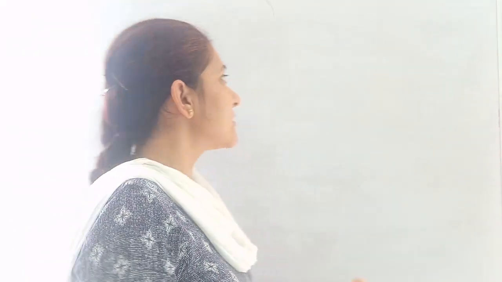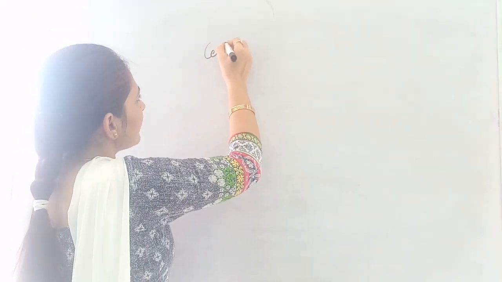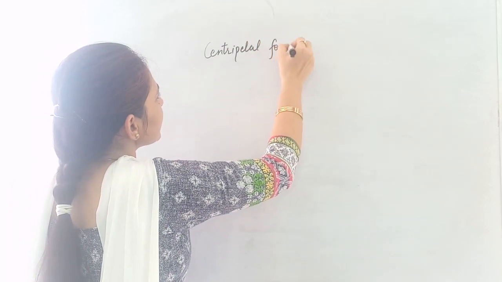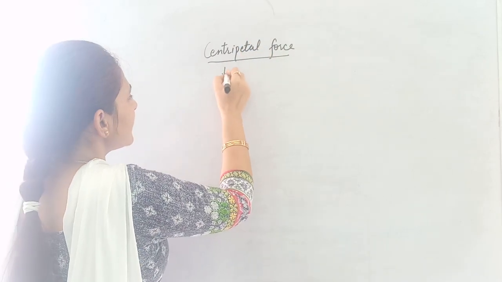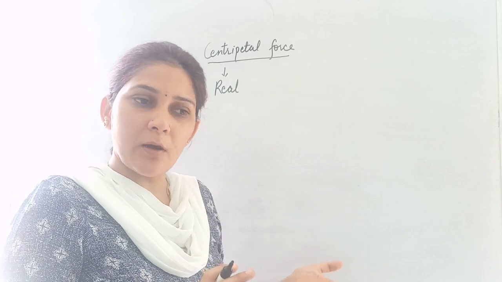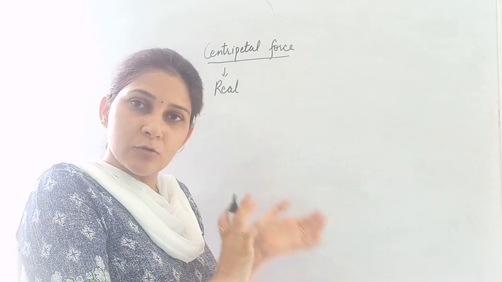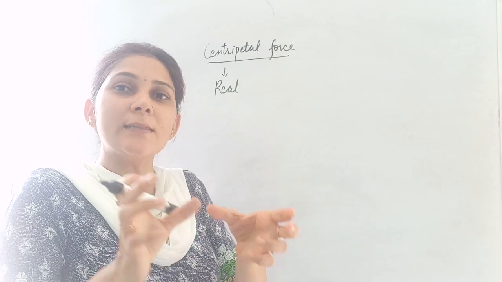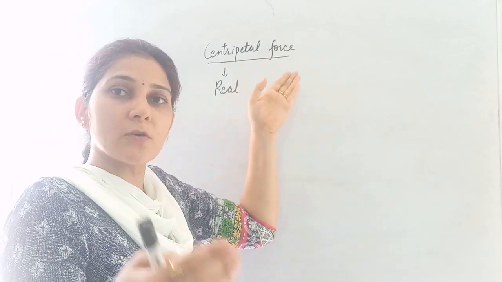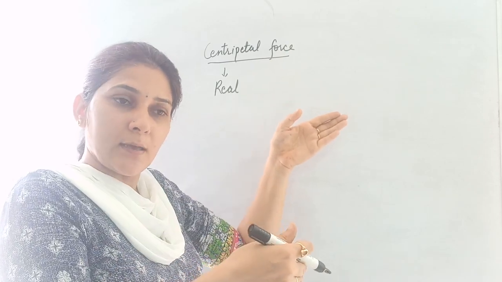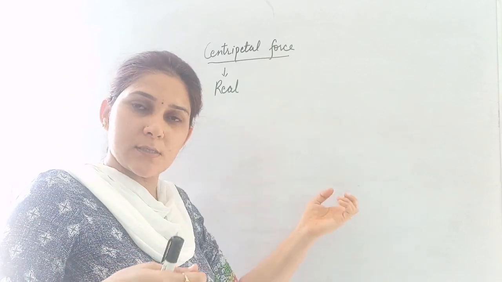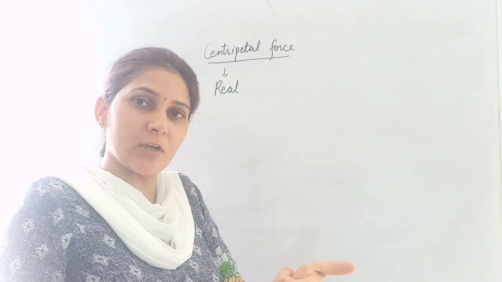Now, what we studied about centripetal force in this topic: it is a real force, means it is actually there. Like I discussed the example of electron and nucleus, protons. There is actually a force, that is electrostatic force, which we are talking about as centripetal force because it is acting towards the center. Another example we did is related to the motion of planets around the sun. In that also one force is present, that is gravitational force.